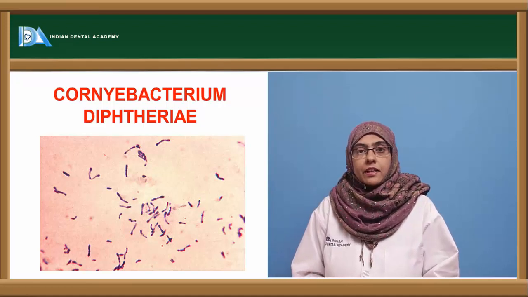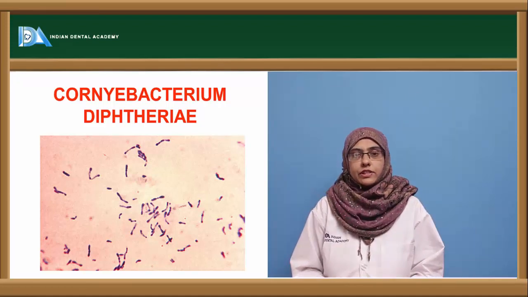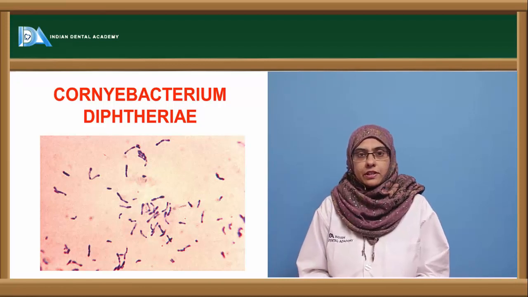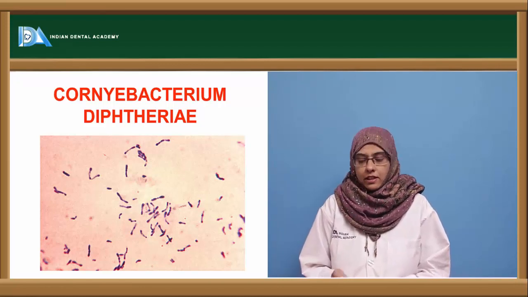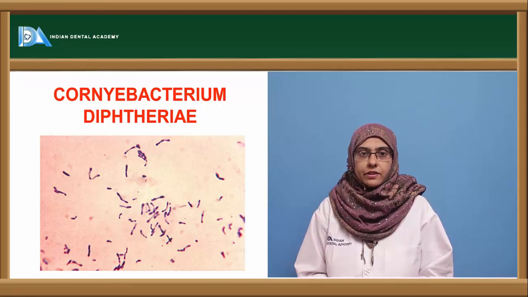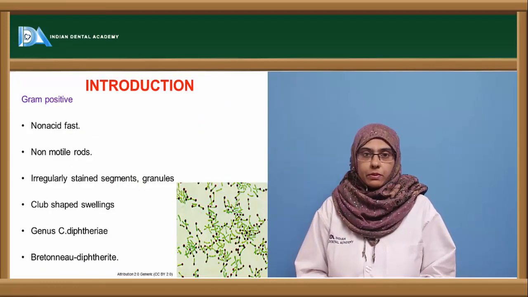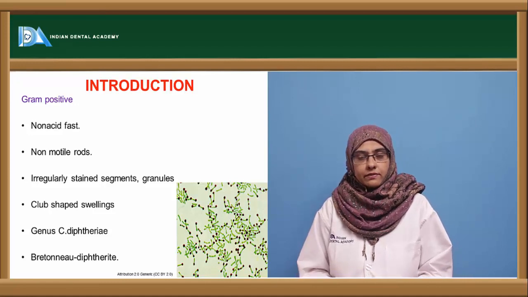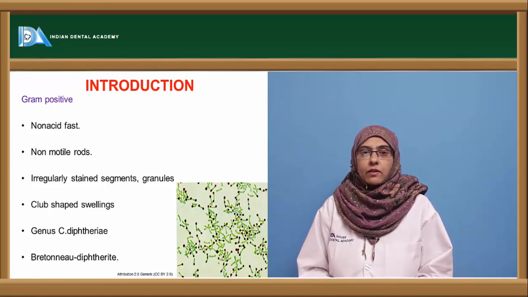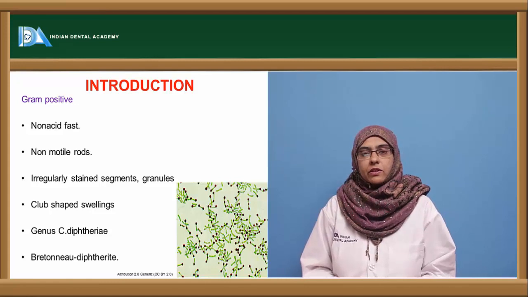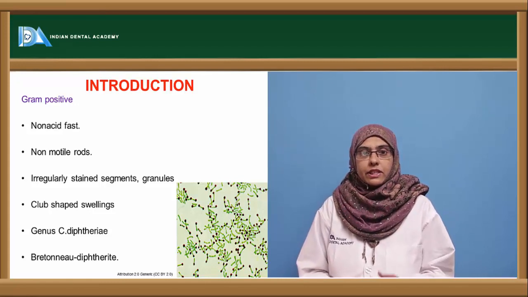Corynebacterium diphtheriae. This is an organism that is a causative agent of diphtheria, which is a childhood disease or a pediatric disease. Now let us know about the important characteristic features of this Corynebacterium diphtheriae. These are organisms which are gram-positive in nature. They are non-acid fast, non-motile, and irregularly stained with the presence of characteristic granules which help them to be identified